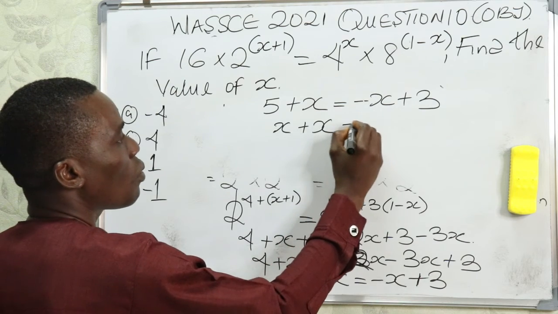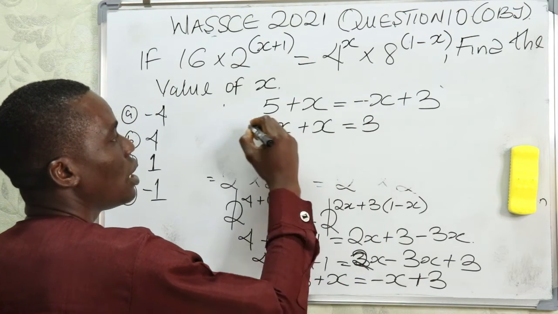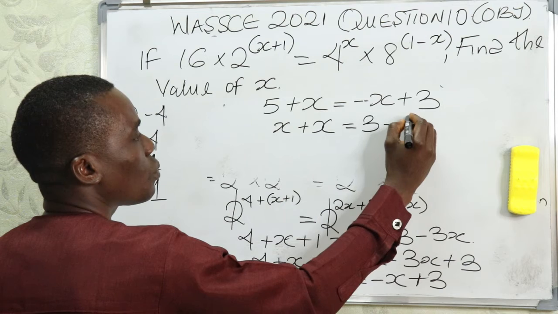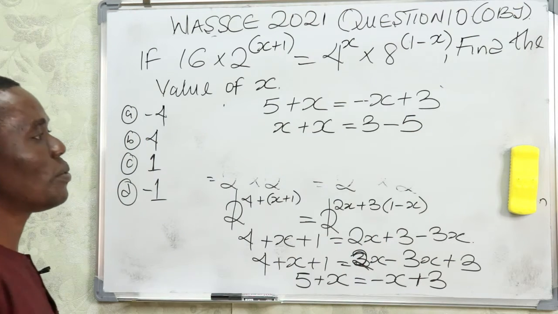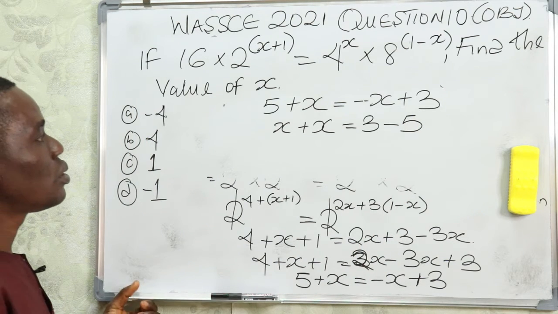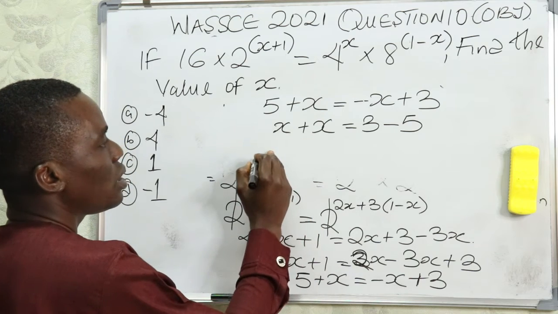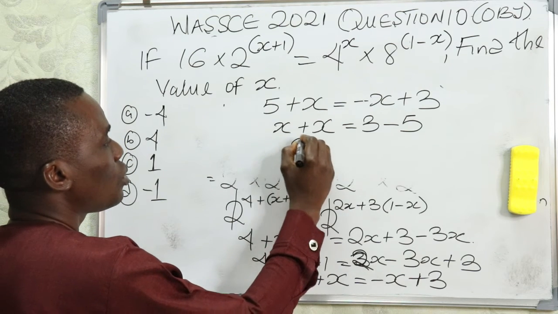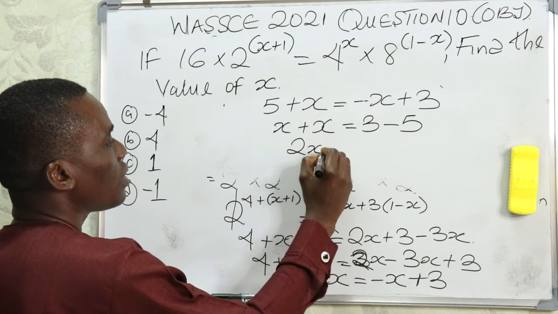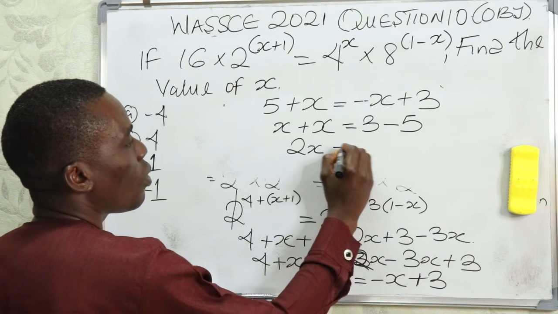So this will be equal to 3, this crossing over minus 5. Good. So this is going to give us 2x